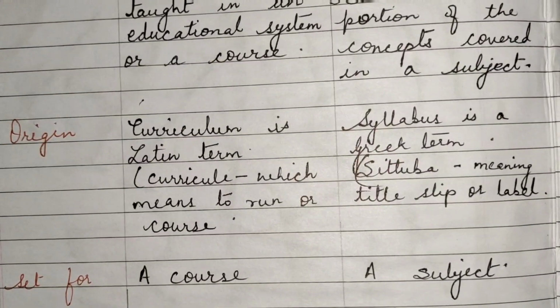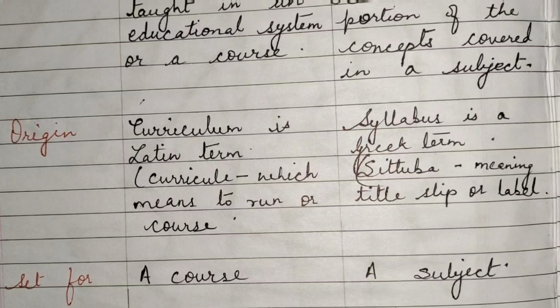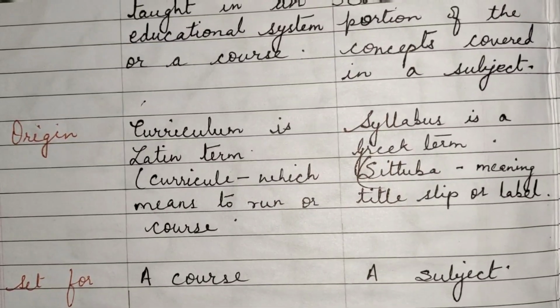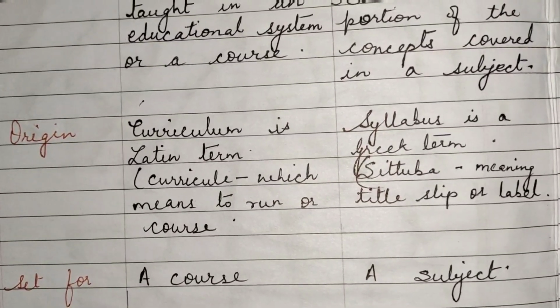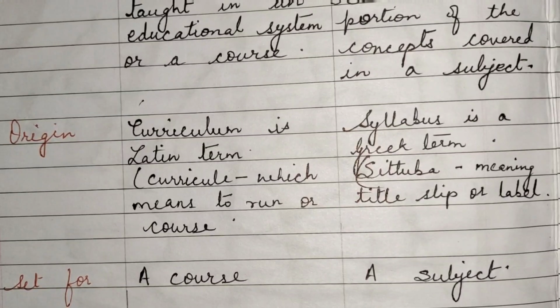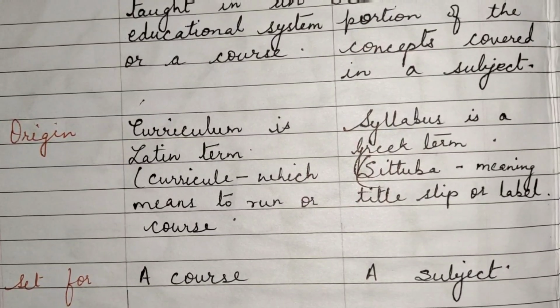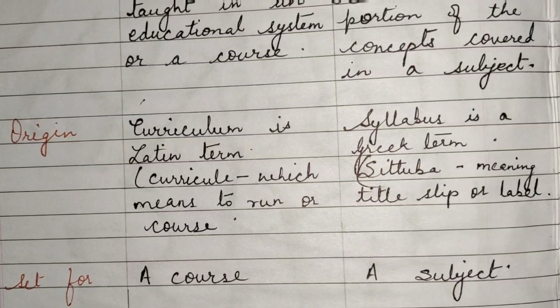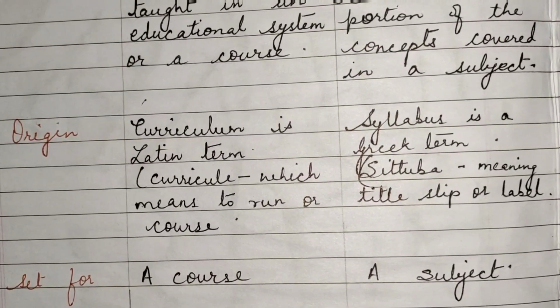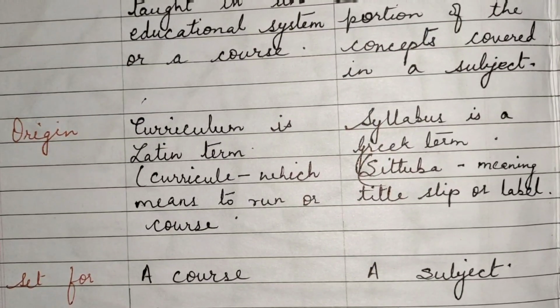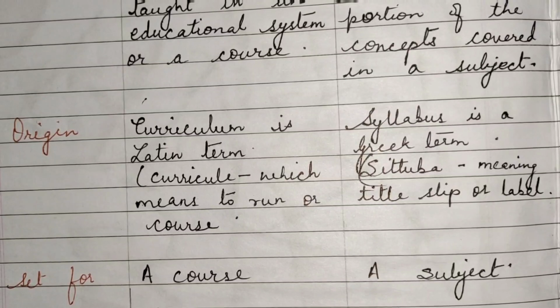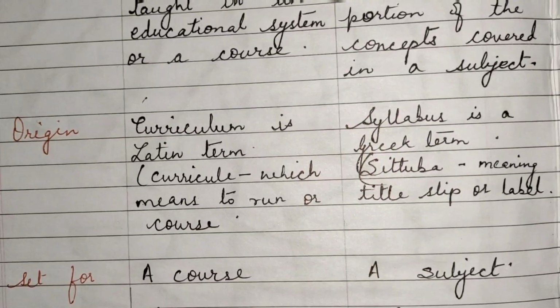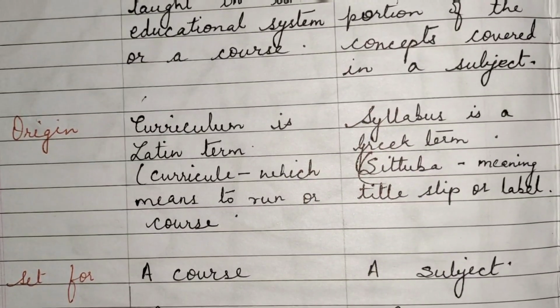Next is origin. Curriculum is a Latin term, curriculum, which means to run a course. Syllabus is a Greek term, sittybos, meaning little slip or label. Next comes the set for a course and a subject. A course is for the curriculum and a subject is for the